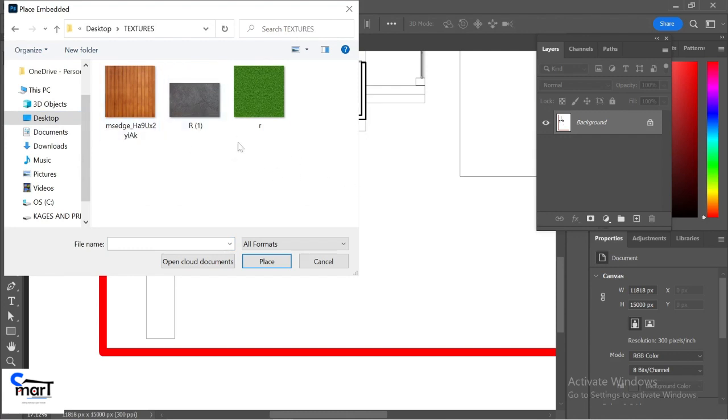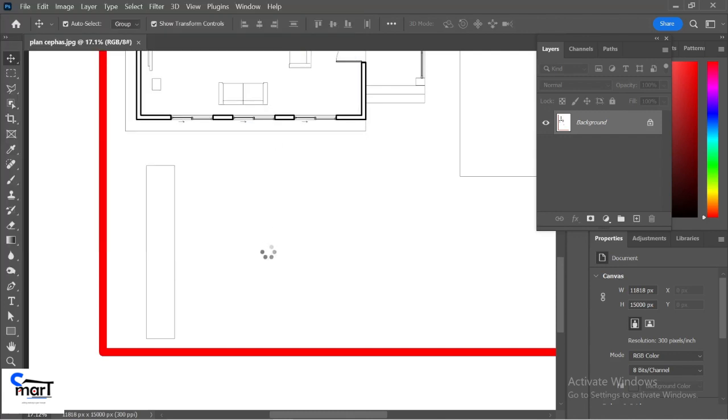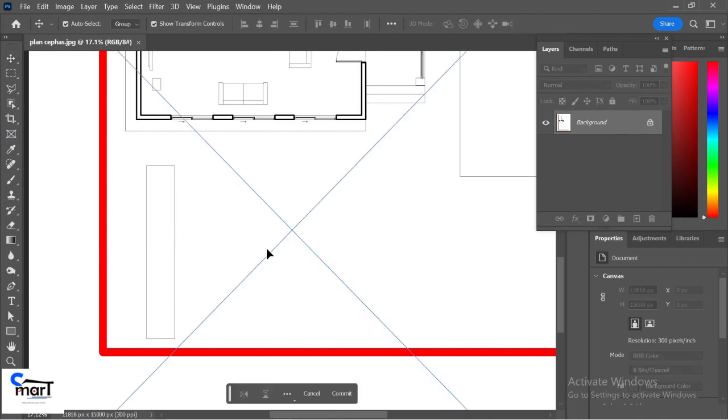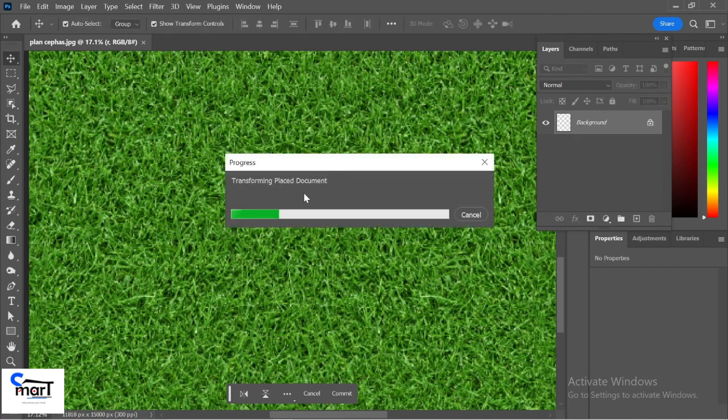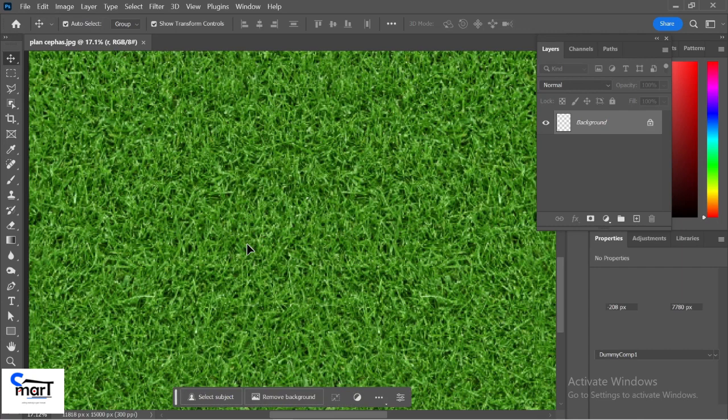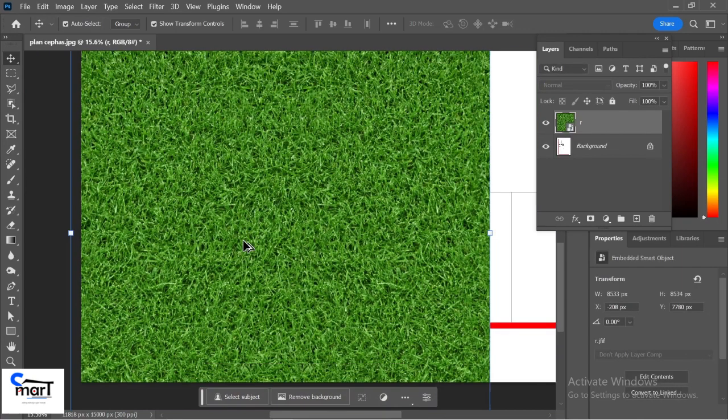So I'm going to click on the grass texture, then click. I'll wait whilst the image is progressing. Okay, so once I have the image,